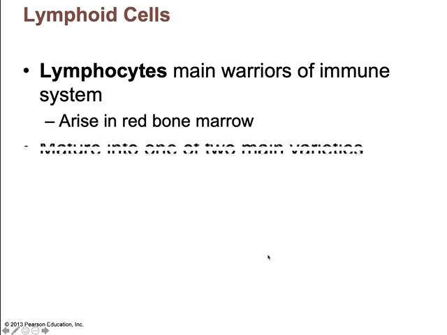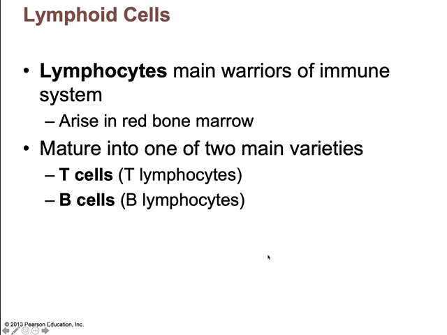Okay, the lymphoid cells, which are basically agents of our adaptive immunity, include the lymphocytes and the macrophages. All of these originate in the red bone marrow, which is primarily found in the axial skeleton. But they can be divided into two varieties, which are the T cells, who finish their maturation in the thymus, which is behind the sternum and in front of the heart, and the B cells, which finish their maturation in the red bone marrow. The B cells are selected and produced daily in the red bone marrow, while the T